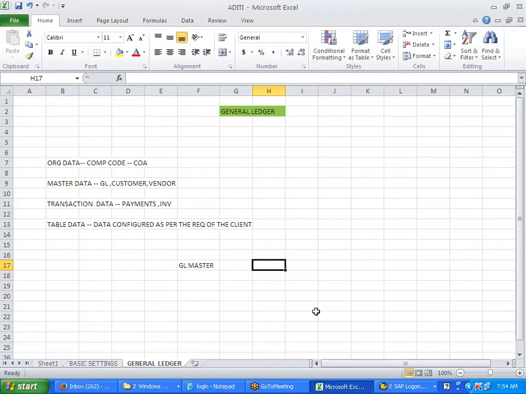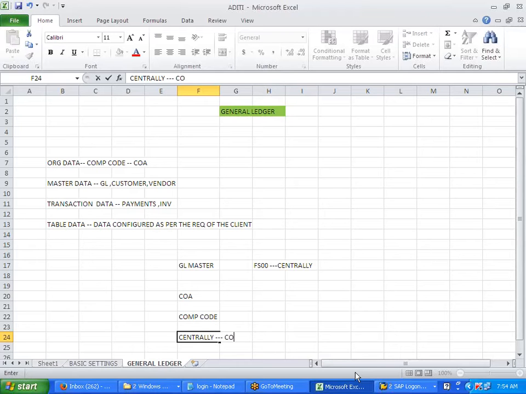When I'm creating it, the transaction code is FS00, which means centrally. This GL master data can be created at chart of account level, company code level, or centrally. Centrally is nothing but a combination of your chart of account and company code.